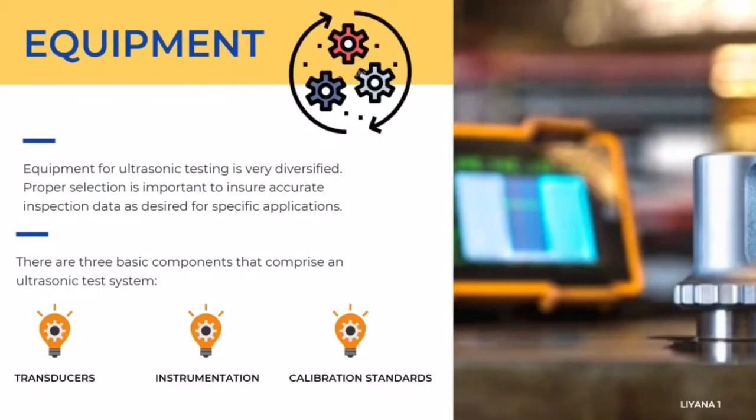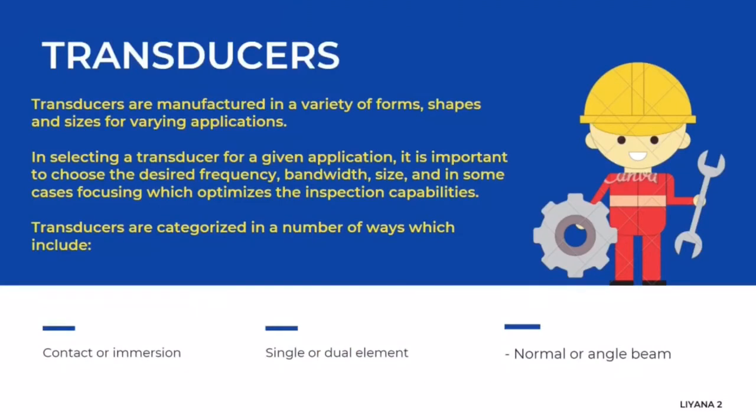Today I'm going to talk about the equipment. So there are three basic components that comprise an ultrasonic test system, which are transducer, instrumentation, and calibration standard. Transducers are manufactured in a variety of forms, shapes, and sizes for varying applications. So these transducers are categorized in a number of ways, which include contact or immersion, single or dual element, and